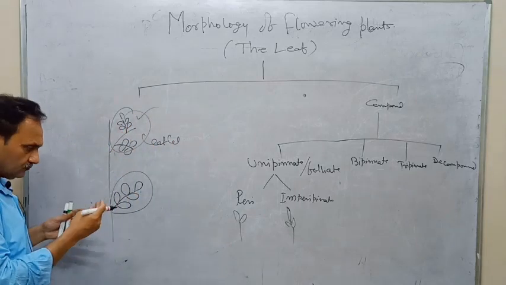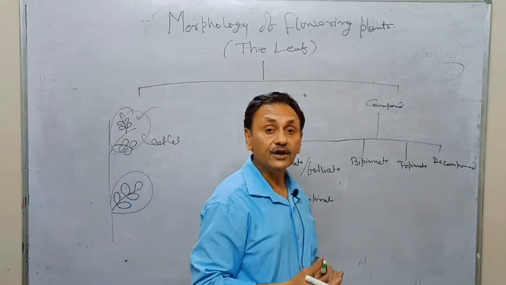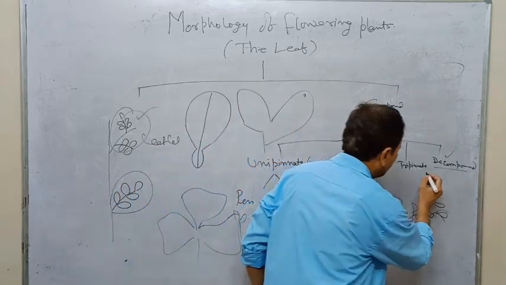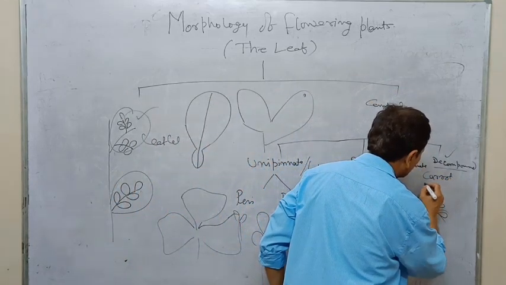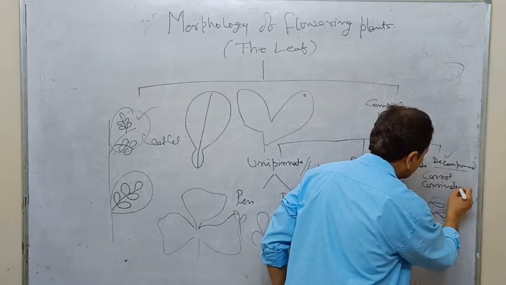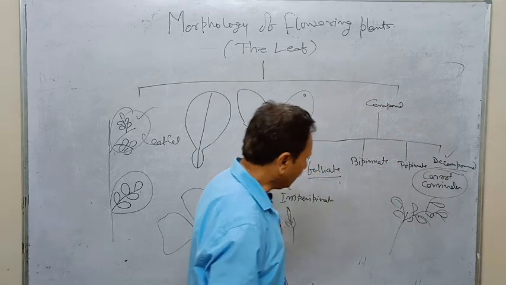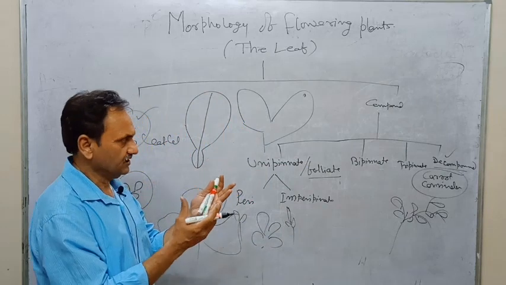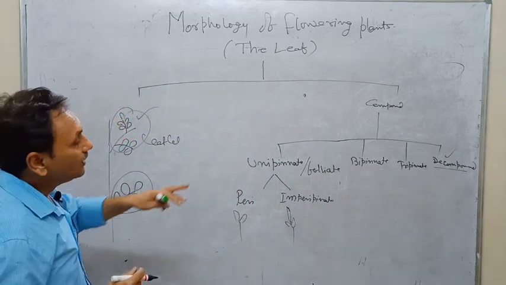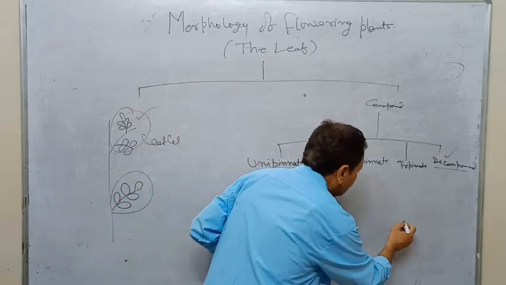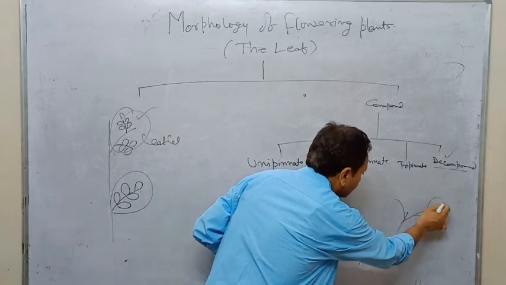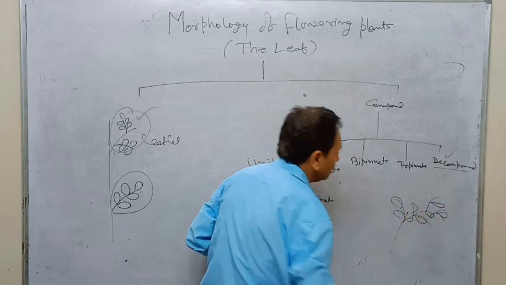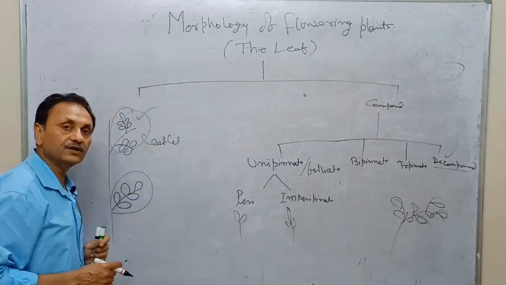And if there is just uneven type of cutting, then we can say that, just like in the case of compound leaf, carrot and coriander, in two cases which are normally seen by people, it has been observed that there are multi-set leaves present, and that is called decompound. In this case, what happens, there are so many of this type of leaves formed, like this one. Then we can say that is decompound leaf.